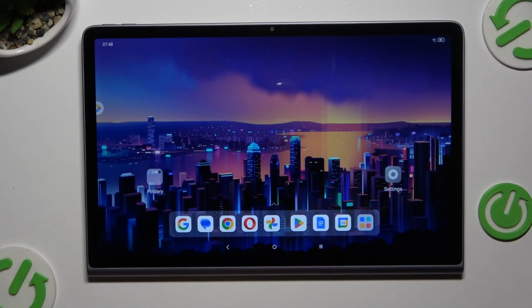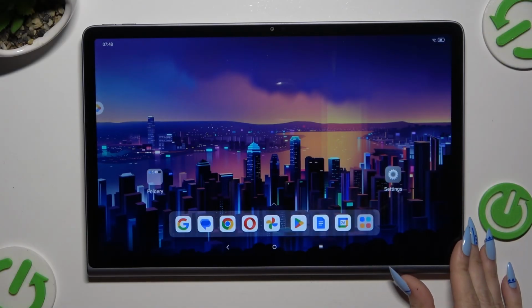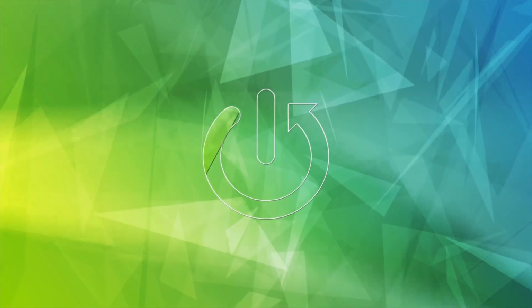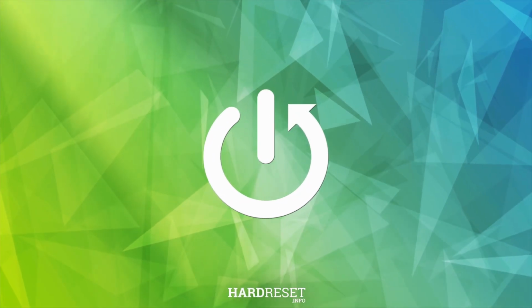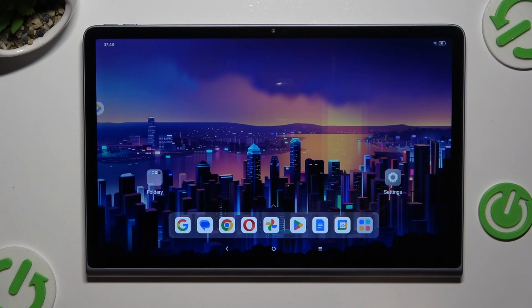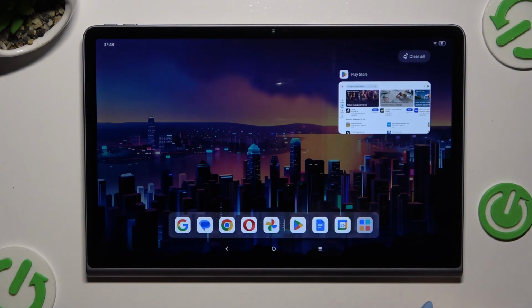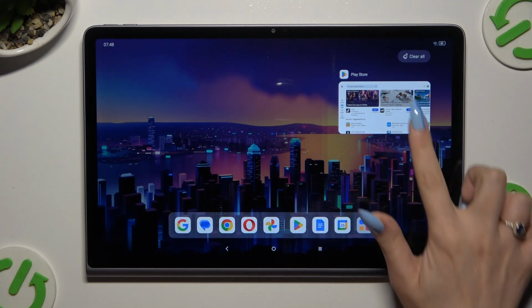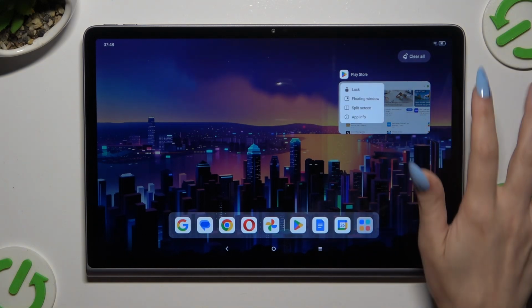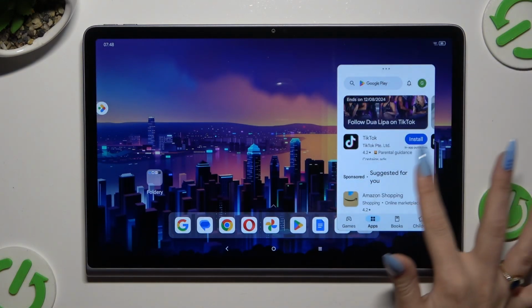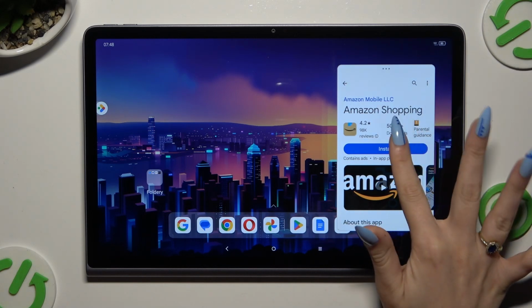In front of me is LENOVO Tab 11.5 and today I would like to show you how you can open apps in pop-up view. Begin by selecting an app to use in this view and accessing it in the background. Then hold it. Select floating window, and as you can see, now I can use my app in this little